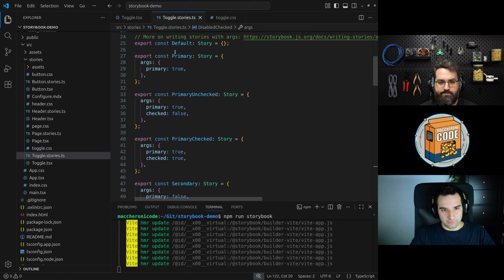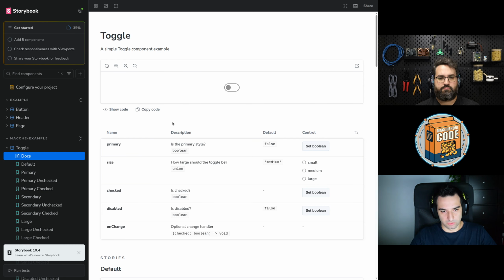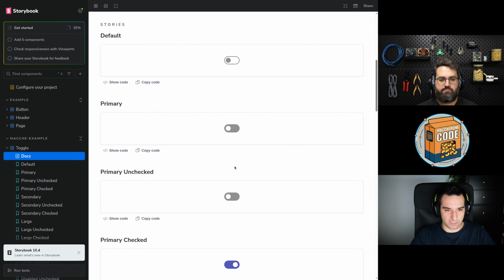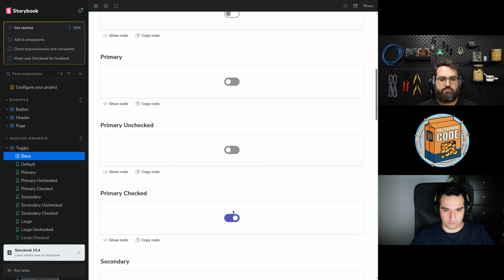Cool. Which is the difference of these three stories? Simple, we have passed the checked state, and as I said before, if you have that checked state, the component stops interacting by itself. So let's try it. I have the default, that is okay. I have the primary, and it is okay. And now I have the unchecked and the checked, and I'm clicking, but they don't interact because I have